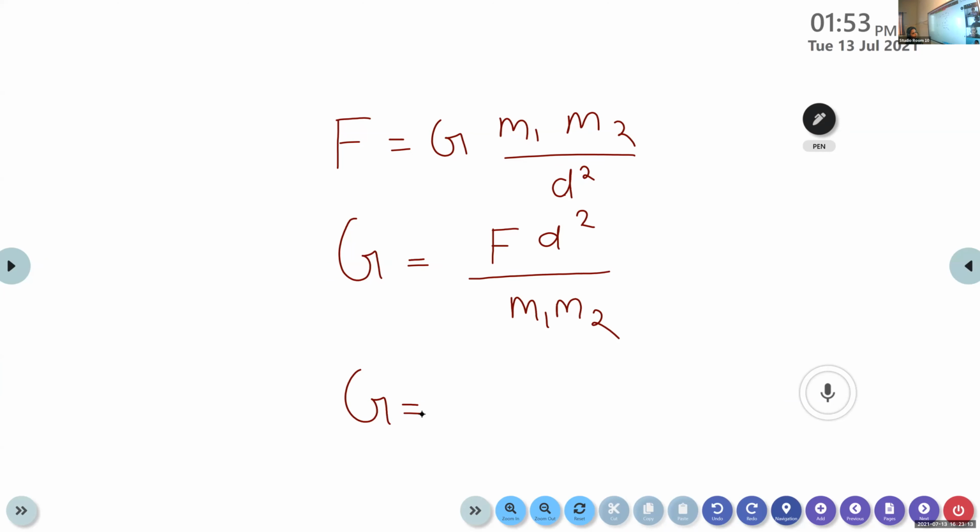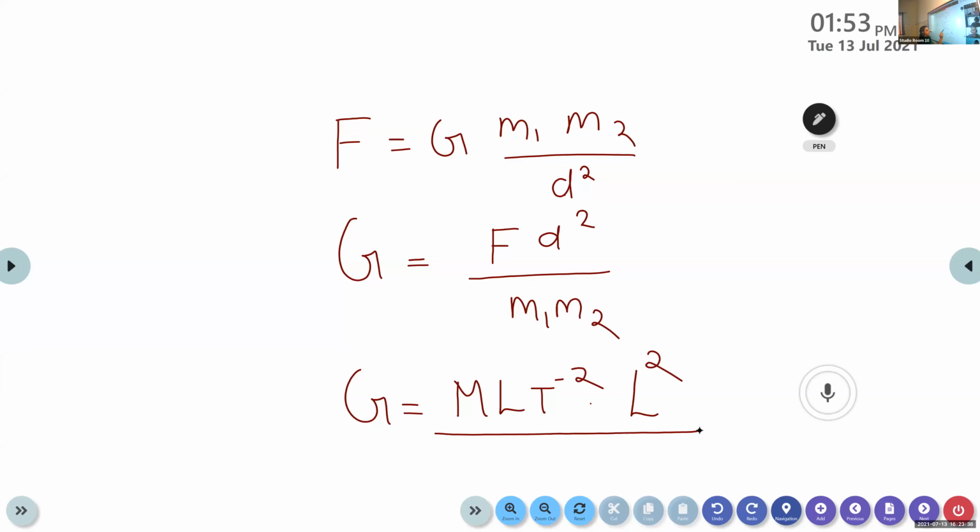Dimension for force. MLT raised to minus 2. Good. What is the dimension of distance square? L square. The dimension of distance is L, but here we have distance square. So the dimension of distance square is L square